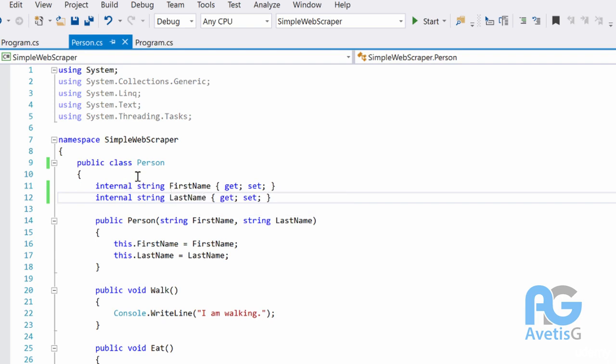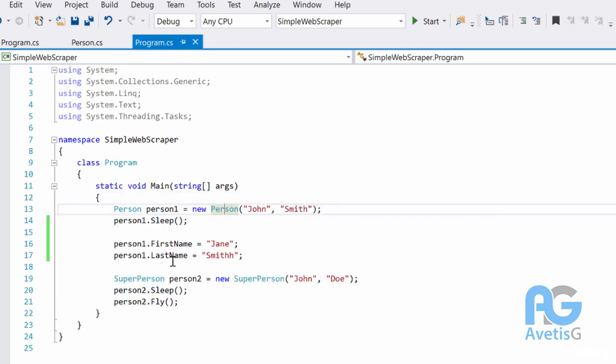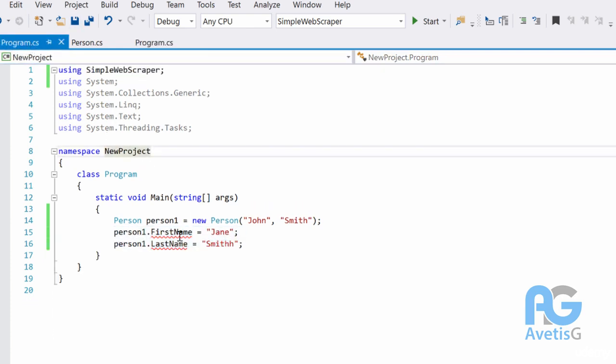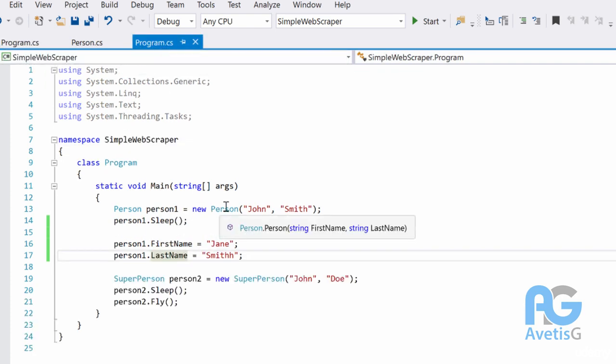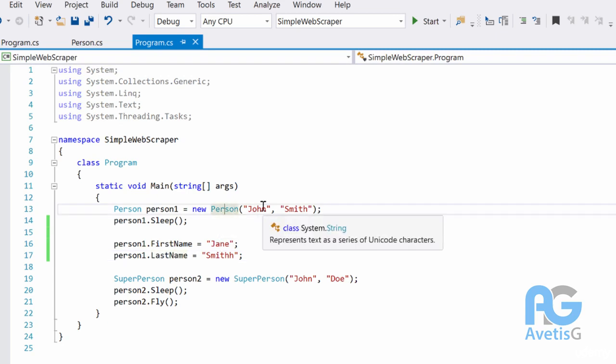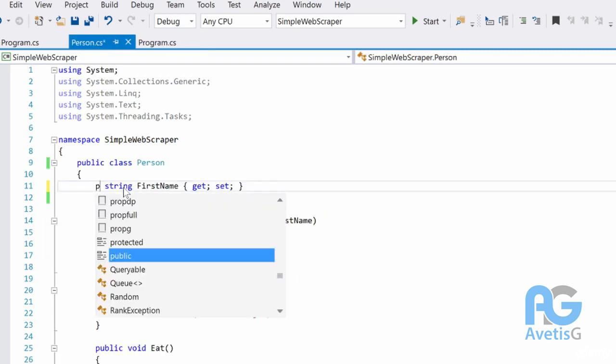It's how you want to expose that outside of the class. So now these are internal. See, in here, I still have access to them. So it's all good in here. But if I go to the new program, see, it says it is inaccessible due to its protection level. Why? Because it's internal, so it can't be used outside of the project. Let's actually go back and change these to public.